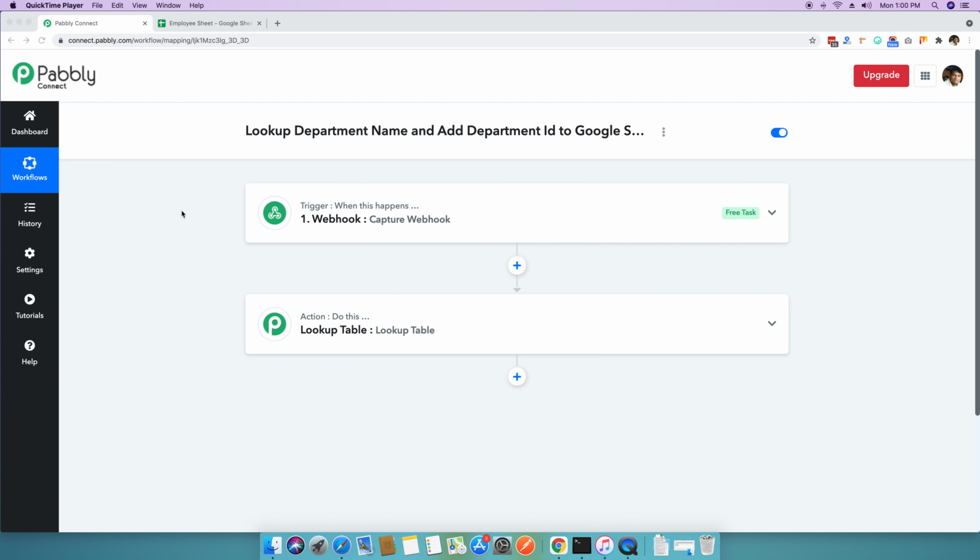Launched the lookup table module inside Pabbly Connect. With the help of the lookup table module, you will be able to search a specific string, and based on that search, you can actually find a specific value for that search. For example, if you see this first step in this workflow, you will see that the first step in this